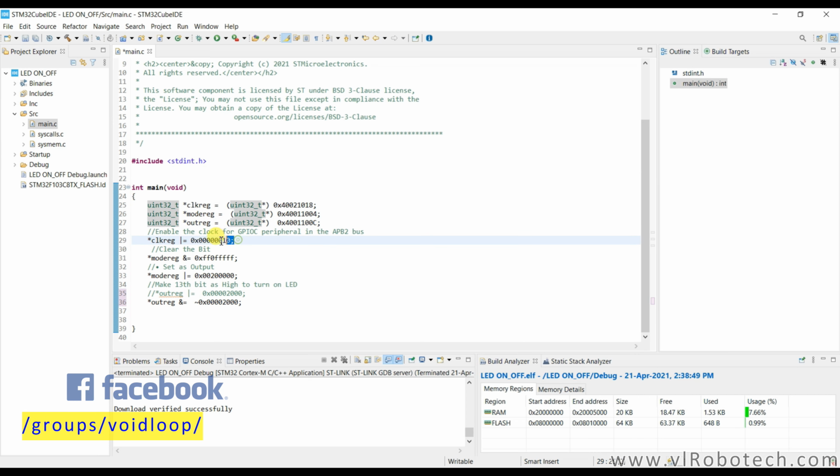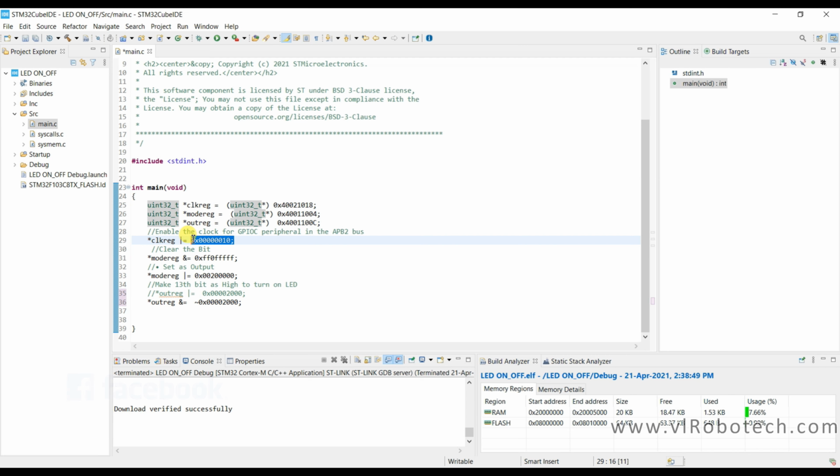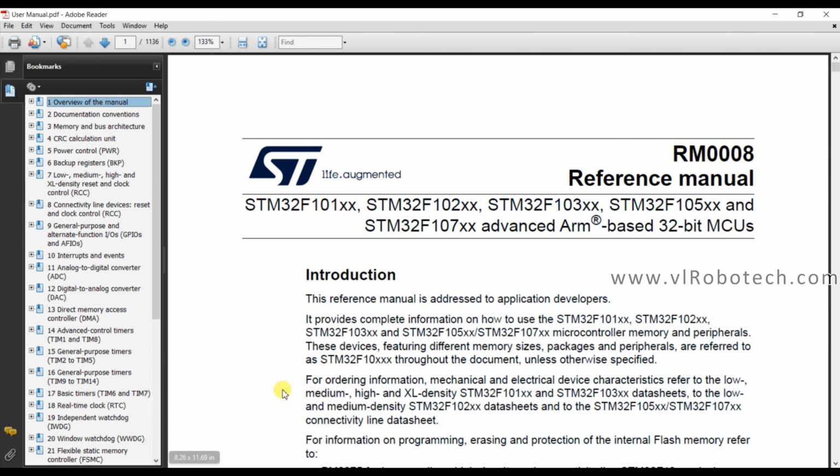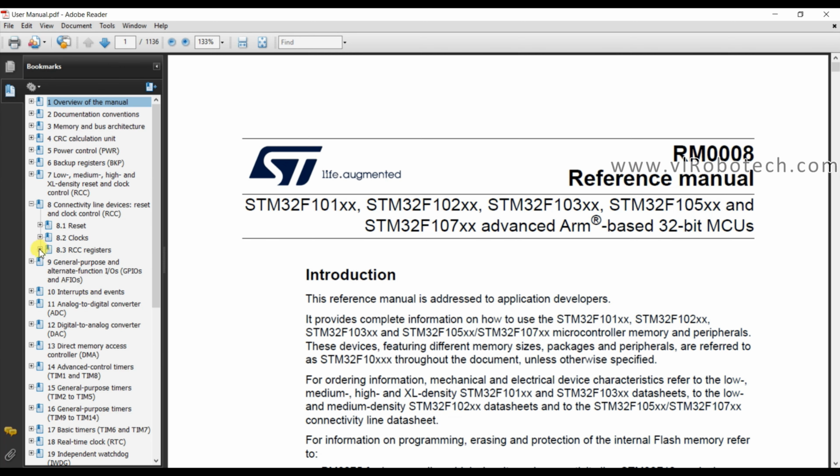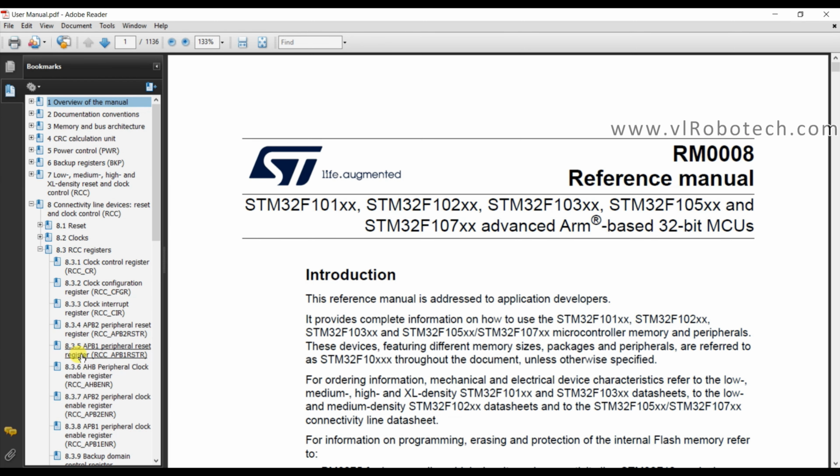So first of all, we will see this. Here we have to enable the clock for GPIO C peripheral. Okay. So again we will go to user manual, go to RCC register and go to APB2.